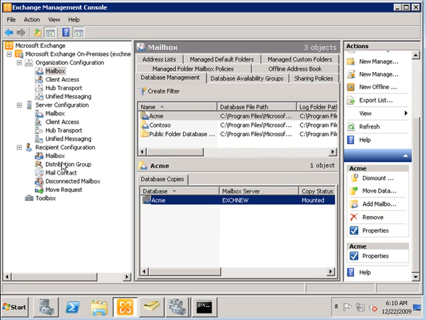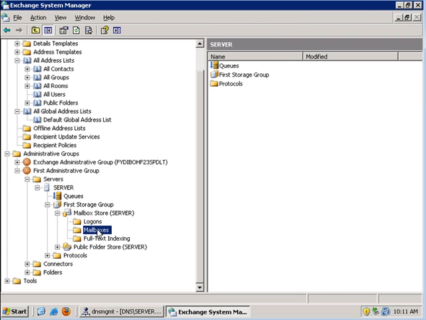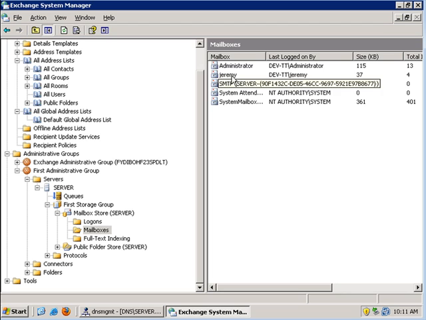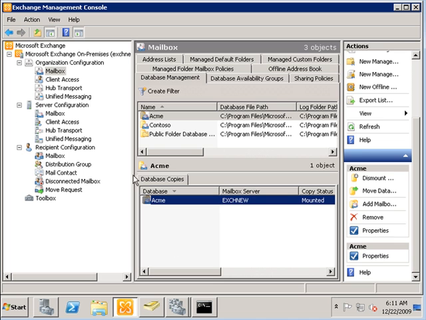Exchange 2003 mailbox server. So if I go to the Exchange 2003 machine, the name of this machine is called server, and under mailboxes we will see Jeremy's mailbox here. So what we would like to do is move Jeremy's mailbox from this 2003 machine to the Exchange 2010 mailbox machine. Okay, so if we move back to the Exchange 2010 server